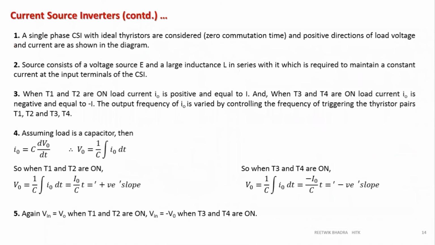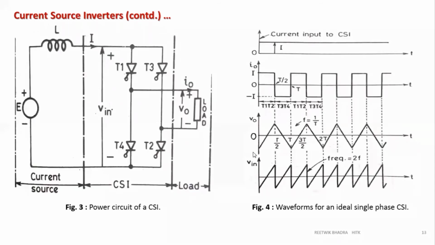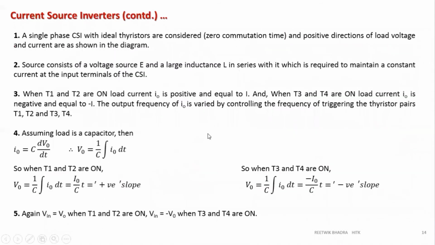And next, we'll study the difference between VSI and CSI. That is our scope of study. What we have done is taken a single phase CSI. You can understand it is single phase because at the output we are getting a single phase AC only, one voltage only. We are not getting three phase voltages. All the VSIs we have studied are also single phase VSI, because we are either having Vs by 2 or minus Vs by 2. So only single phase AC.